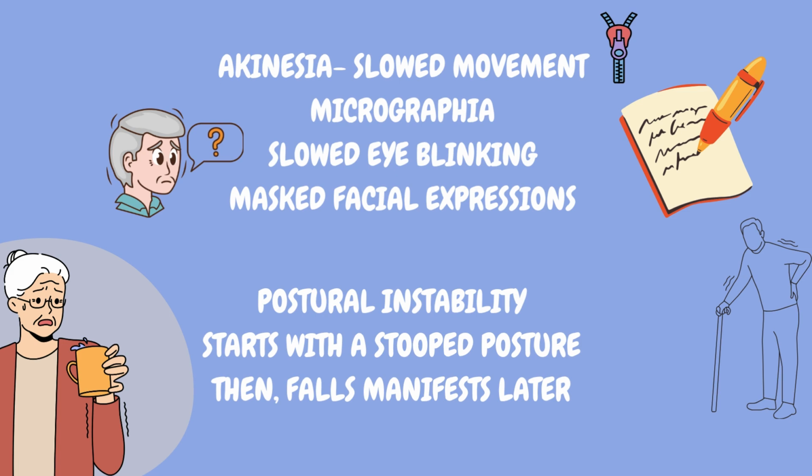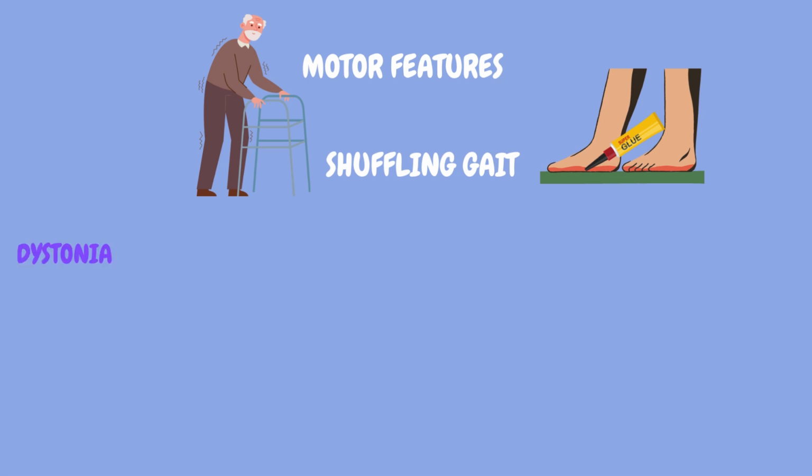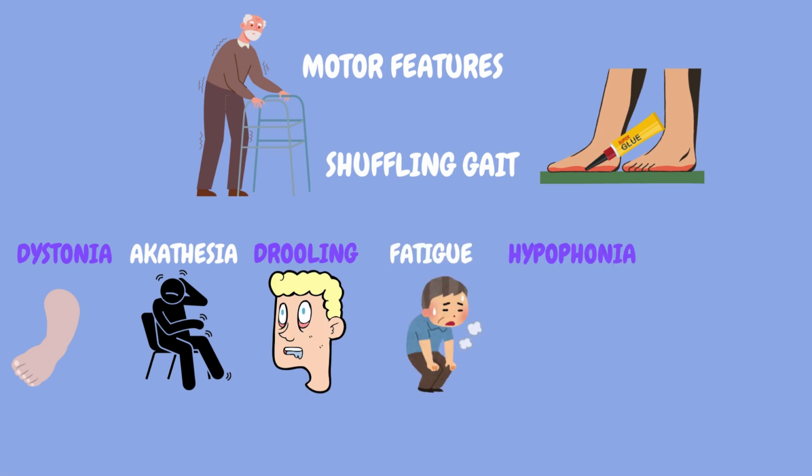Frequent falls is a late sign of postural instability in Parkinson's disease. If falls appear early in the disease, consider other causes. Other motor symptoms include a shuffling gait, in which the person walks like the feet are glued to the ground. There is dystonia, meaning sustained painful involuntary muscle contraction such as foot inversion, akathisia, meaning restlessness, drooling, fatigue, hypophonia meaning